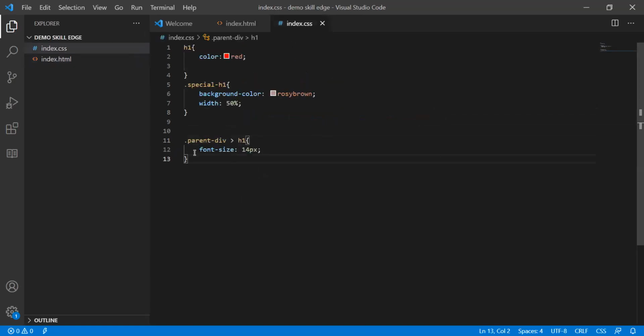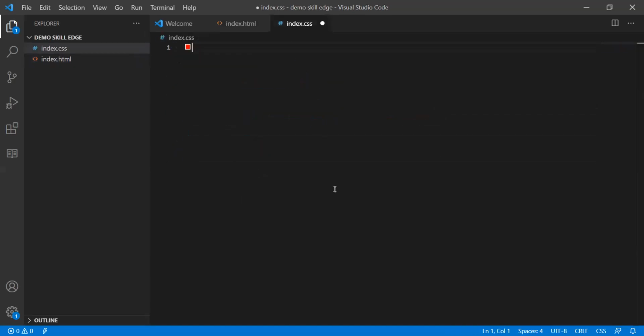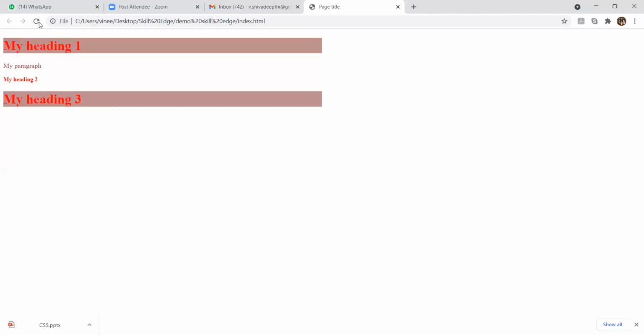So we will remove all the CSS from the CSS code, and we will see how this input looks like for simple HTML. See, this is username and this is password. So there is a username box and a password box, correct?